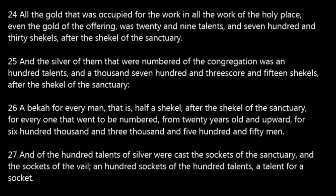All the gold that was occupied for the work in all the work of the holy place, even the gold of the offering, was 29 talents, and 730 shekels, after the shekel of the sanctuary. And the silver of them that were numbered of the congregation was 100 talents, and 1,760 shekels, after the shekel of the sanctuary. A bekah for every man, that is, half a shekel, after the shekel of the sanctuary, for every one that went to be numbered, from 20 years old and upward, for 600,000 and